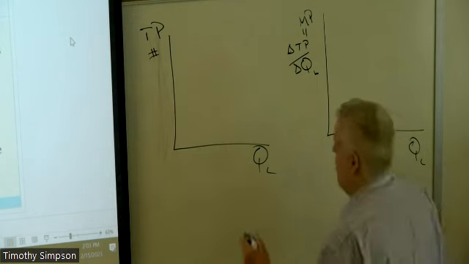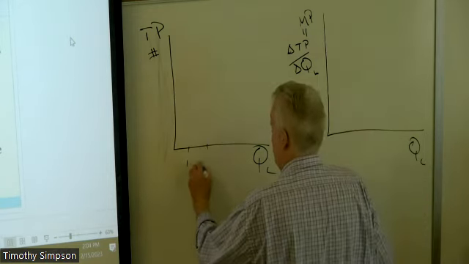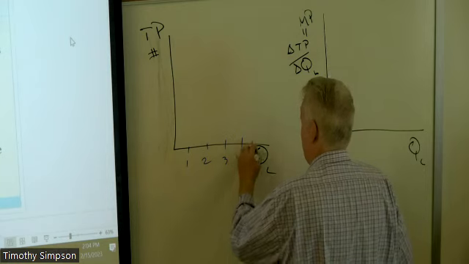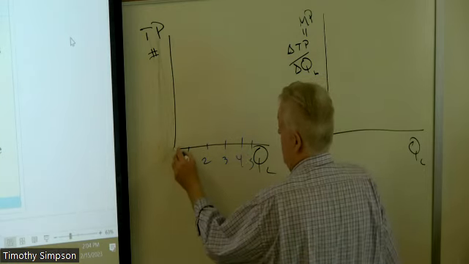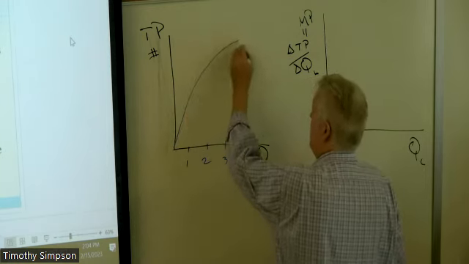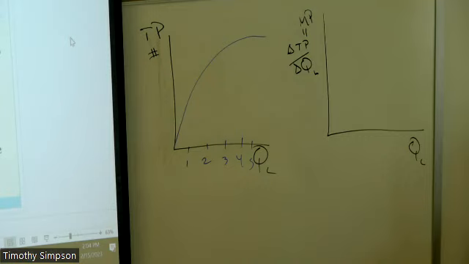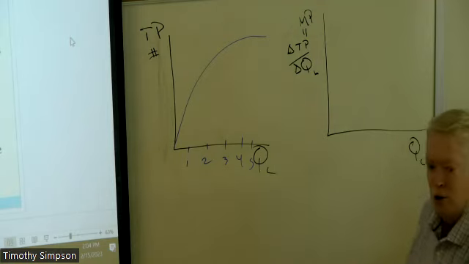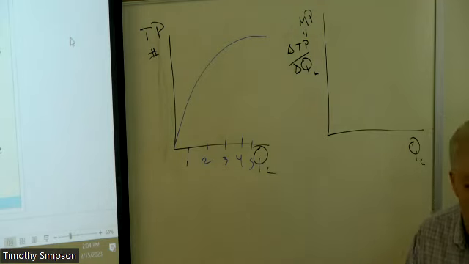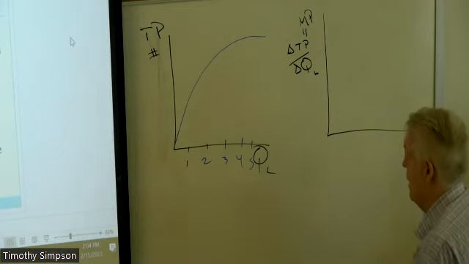If you have 0 to 1, 1 to 2, 2 to 3, 3 to 4, 4 to 5, whatever, then you get an increase and it goes up and up and then tails off. In fact, the slope may become 0, because if you employ a sixth worker, you're probably going to get something like 0. In other words, it's going to flatten out, right? You're not going to get any incremental benefit. So maybe you shouldn't have hired the sixth worker or the seventh or the eighth. In fact, maybe you want to go the other direction and bring it down the other way.